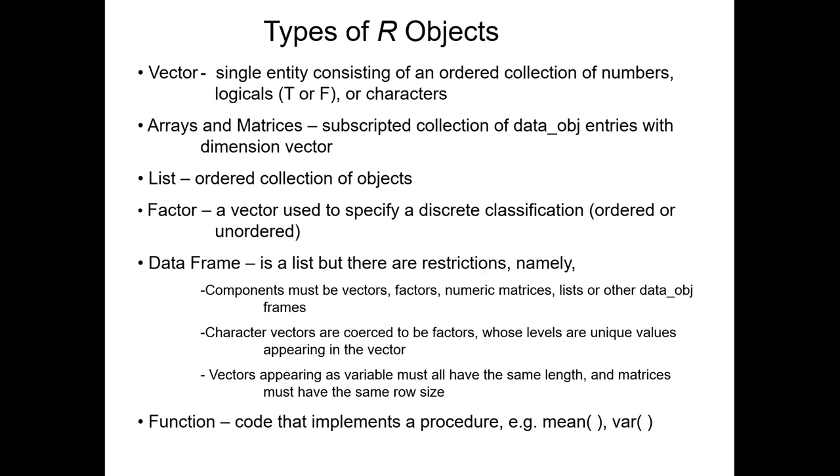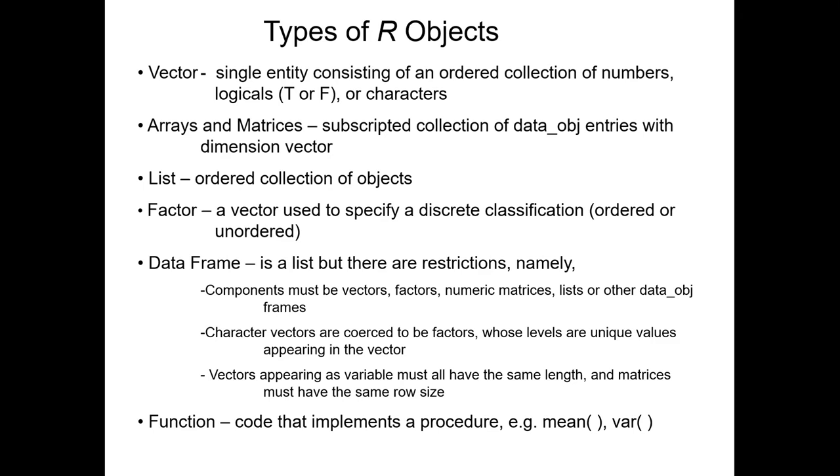The first object is a vector. You can think of it as a single collection of either numbers, characters, and what we'll term logical, which are true and false values that are used within